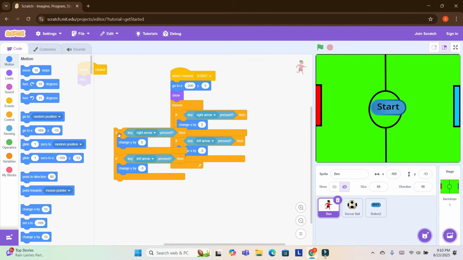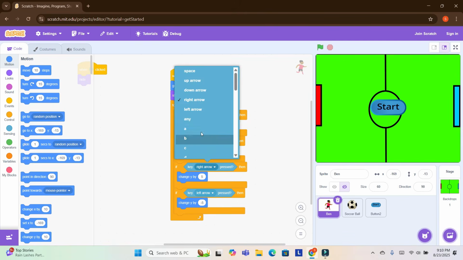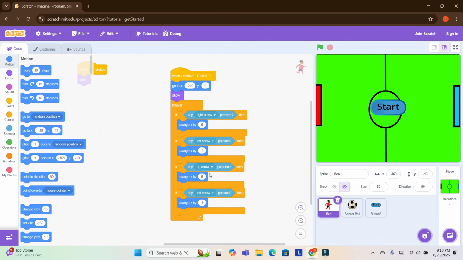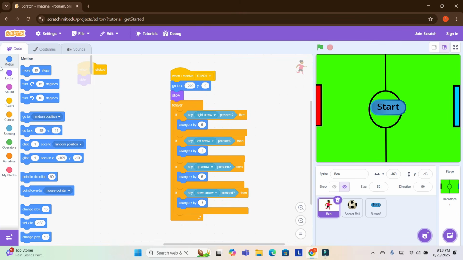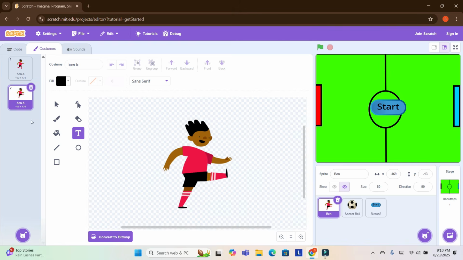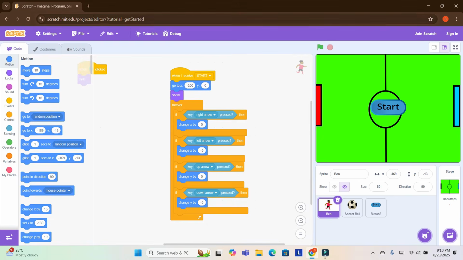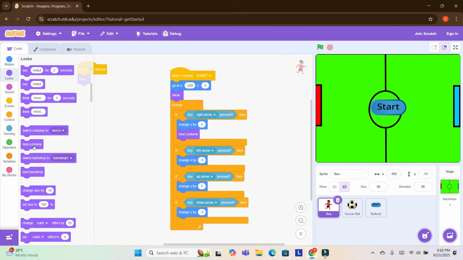And now we have to also change their up and down. We have to put here up and there down. So I will go to band costume here, and I will delete all these two, but I will take these two because we need it, both sides. And then I will go to looks. I will put next costume in